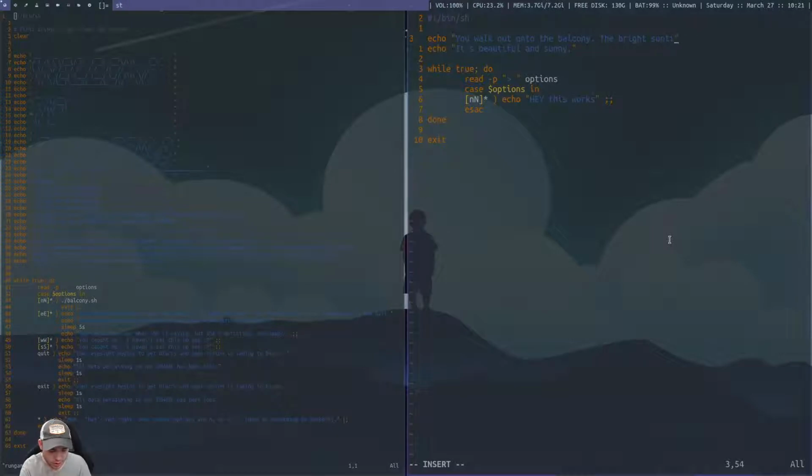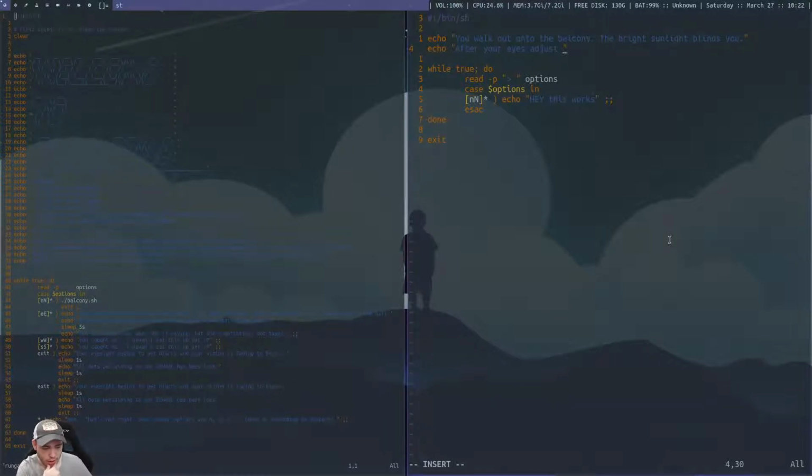The bright sunlight blinds you as after your eyes adjust. Let's see. What do you notice?